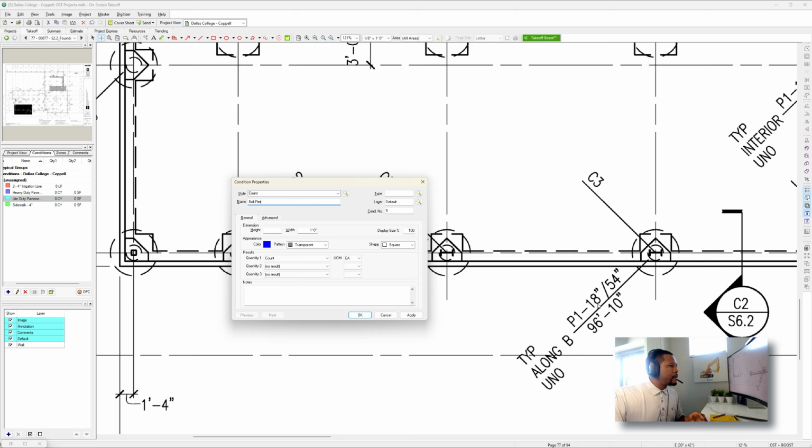And I believe this is the size of the pier. So it's 18 inches by 54 inches at the bottom. And so the way that we describe that here,